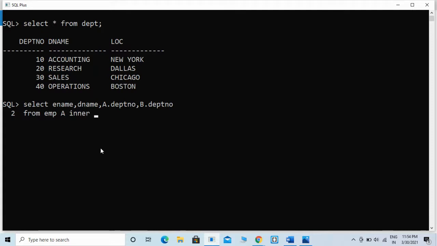Now join department table and its matching column on a.department number equal to b.department number.